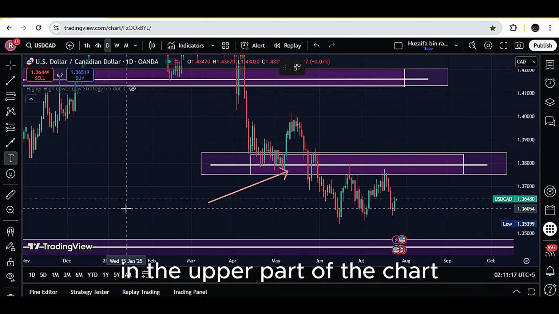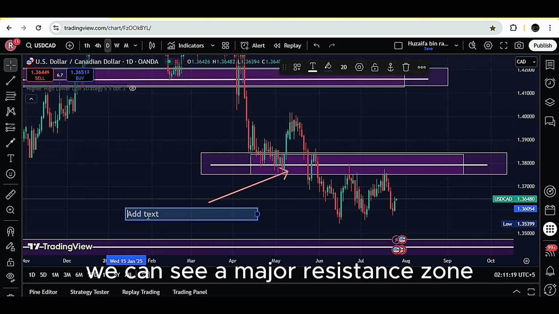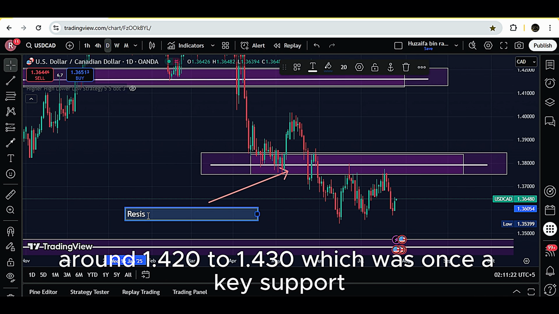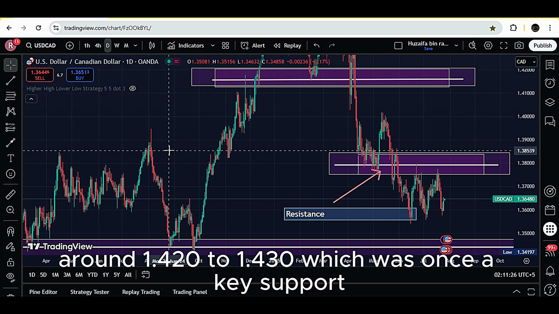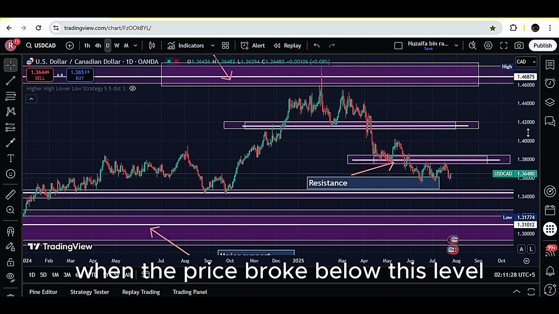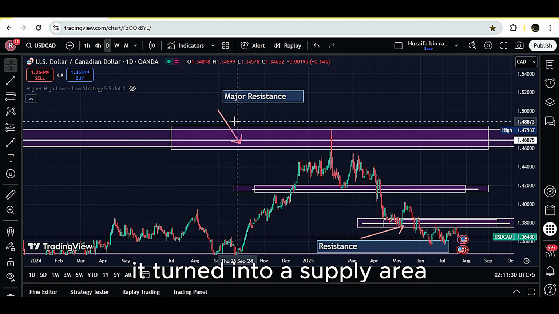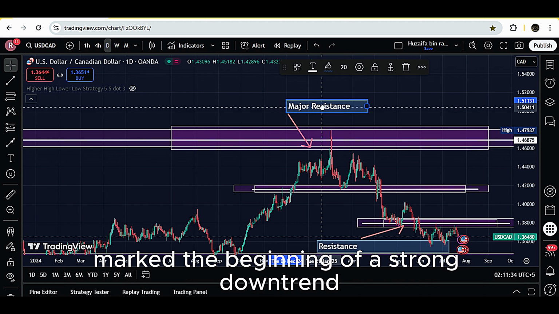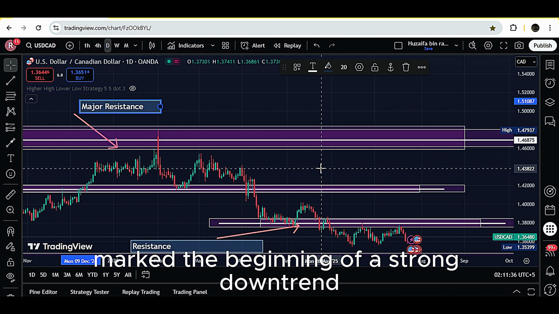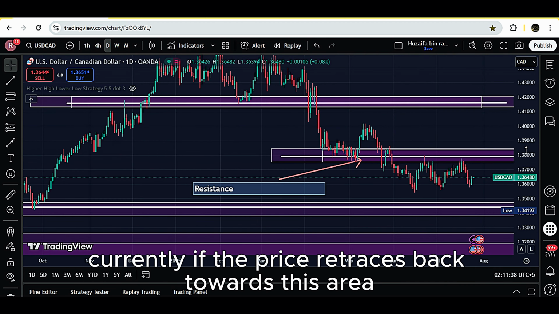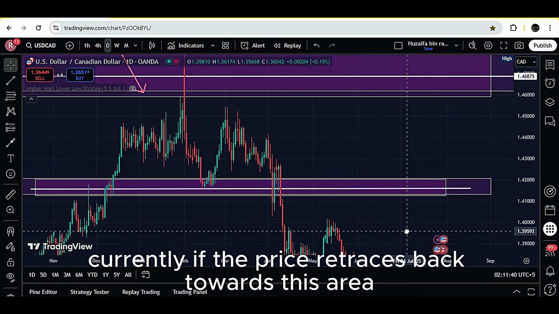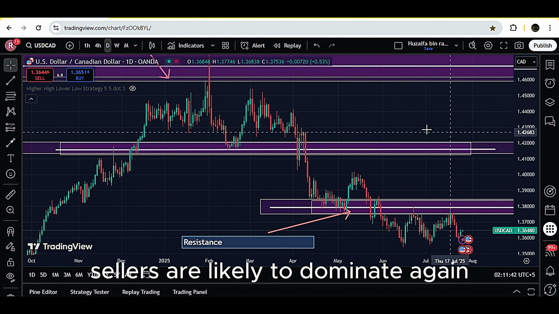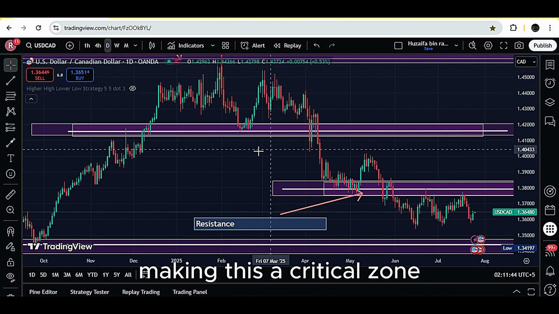In the upper part of the chart, we can see a major resistance zone around 1.420 to 1.430, which was once a key support. When the price broke below this level, it turned into a supply area, and this reversal of structure marked the beginning of a strong downtrend. Currently, if the price retraces back towards this area, sellers are likely to dominate again,